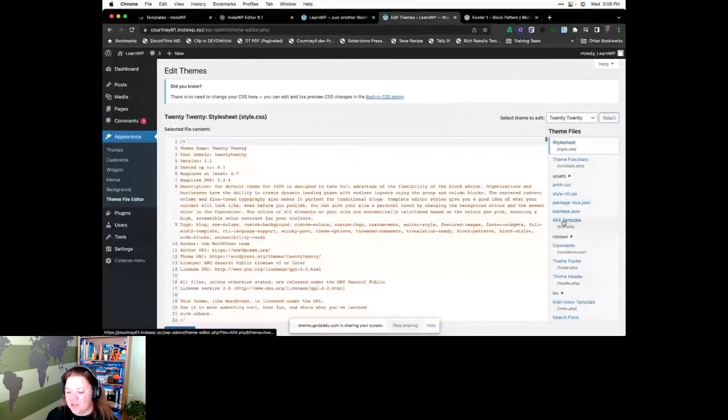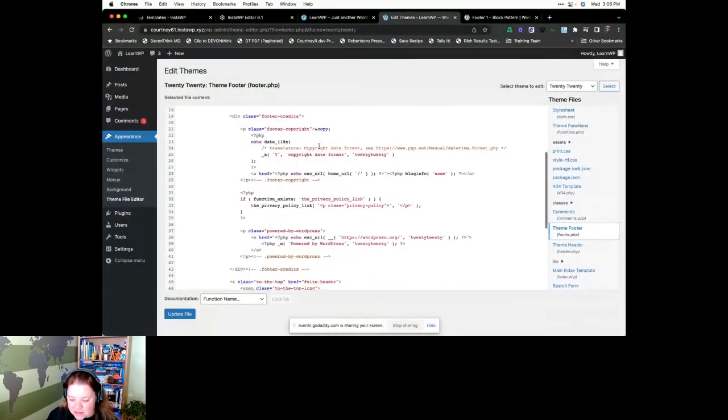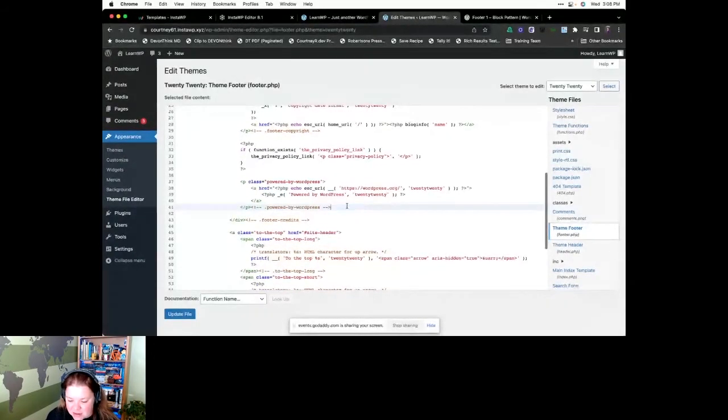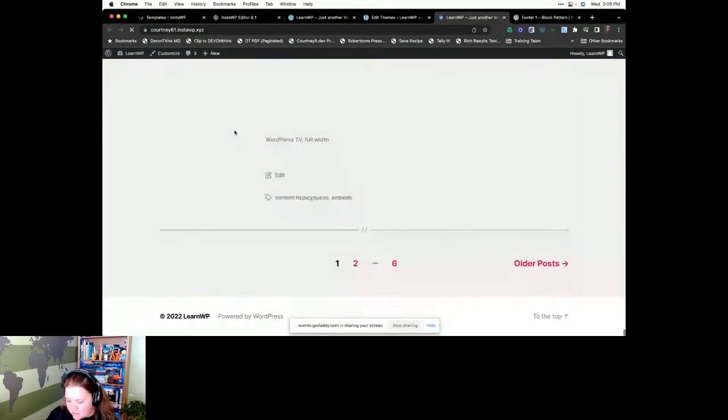But if we were to actually want to go and customize this, I would have to go into footer.php and I would scroll around in here just as an example. This is the 2020 theme. And you would see that there's this area that's like powered by WordPress. Here is powered by WordPress listed here in the code. And if I looked at the front of my site, visit my site, and I jump down to the footer,